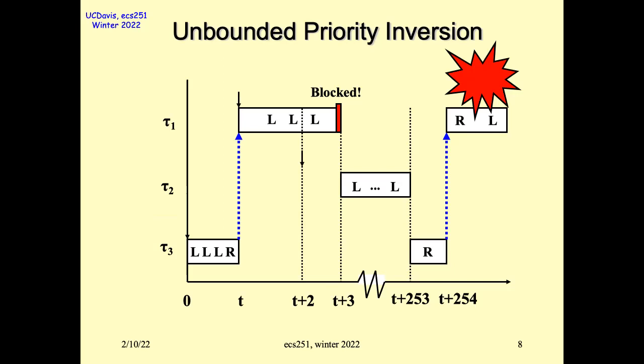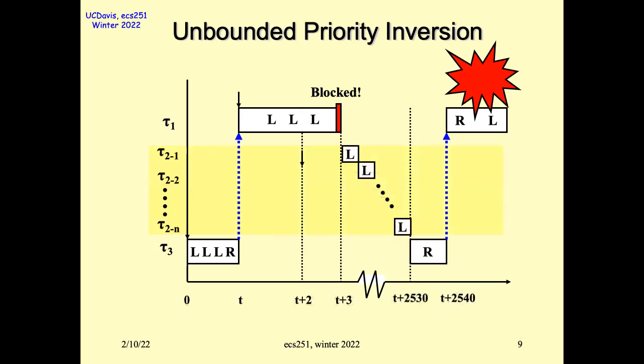Because if I only get blocked by mutual exclusion, that's fine. Mutual exclusion is supposed to be short. But if I'm blocked by thread number 2, I don't know how much time it will take. It depends on the activity. And so this could be really bad if you have a lot of thread number 2. If you have a lot of them, you just keep blocking it, and your high priority thread gets into